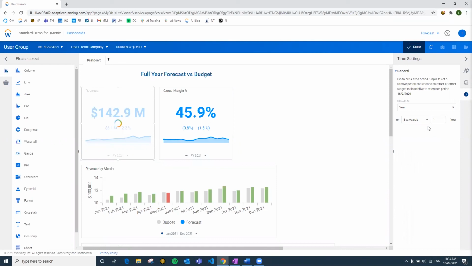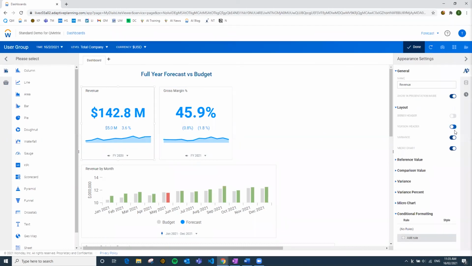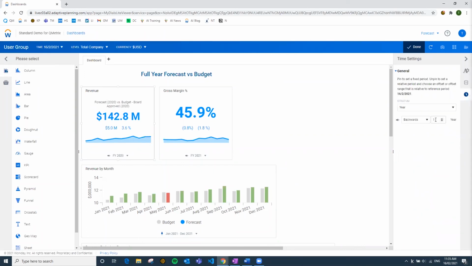If you go backwards 1 year, it's going to say, okay, give me FY22 instead, and so be it. If I had my version header here, that would more clearly spell it out as well. You can see it says FY 2020 now instead, and down here as well. So that spells it out by clicking on backwards 1 year, 2 years, 3 years, whatever. Most commonly used when we're doing a prior year variance, so a current year budget versus prior year or something like that. We often use that setting to bring it back a year.